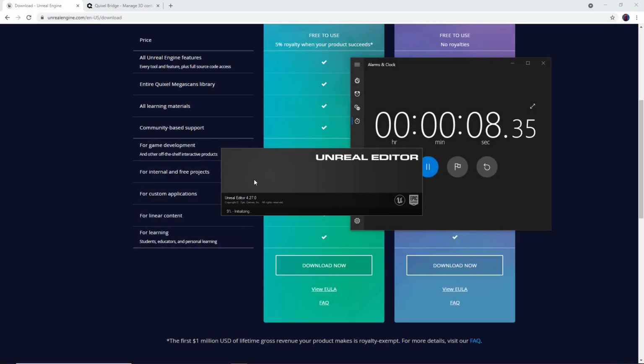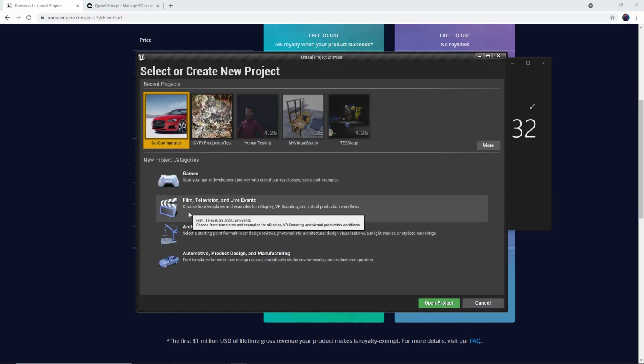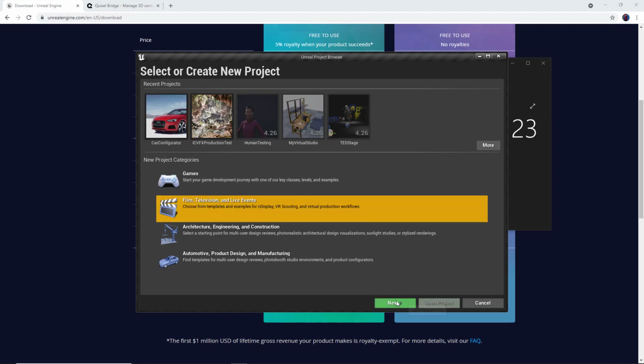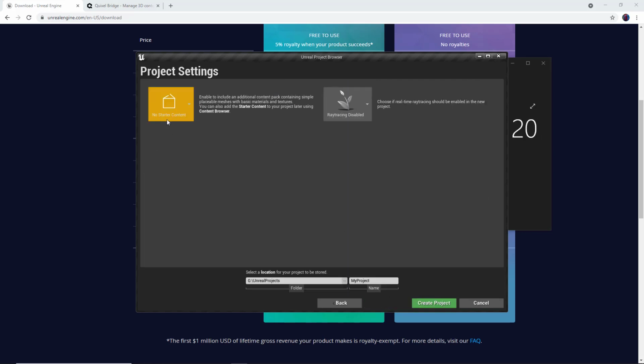So we're going to use this to create a brand new blank project in which to put our MetaHuman. So select create. In this case, I'm going to create a film and television for live events. And next. And we'll choose blank. And next. We're not going to use starter content, so no starter content. And I'm going to leave ray tracing disabled. You can enable it or disable it, just really depends on the capabilities of your machine. I have a standard folder already defined for my Unreal projects, and I'm just going to name this MHDemo